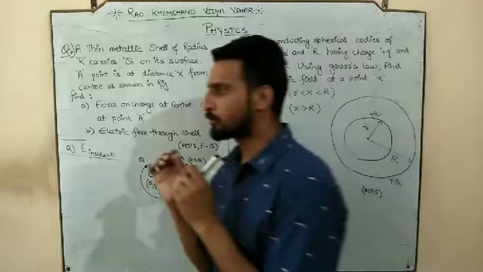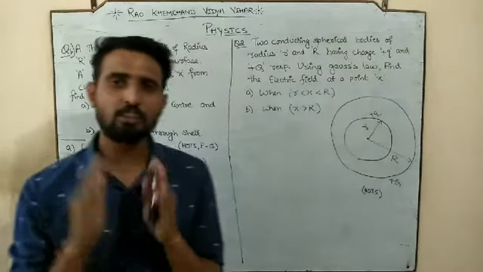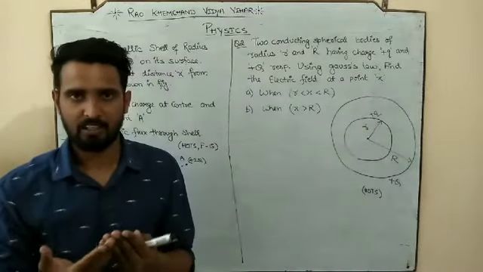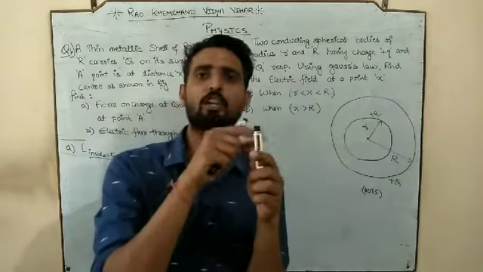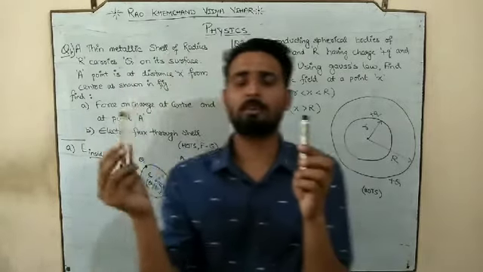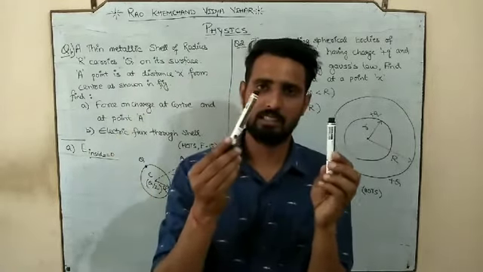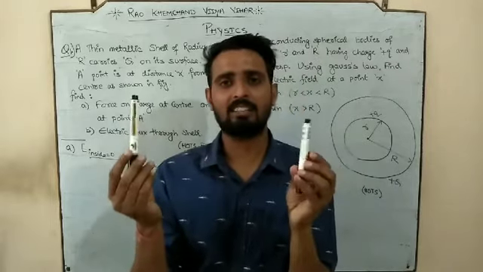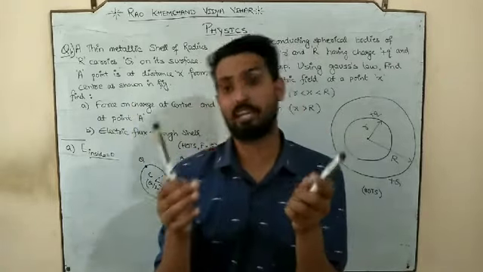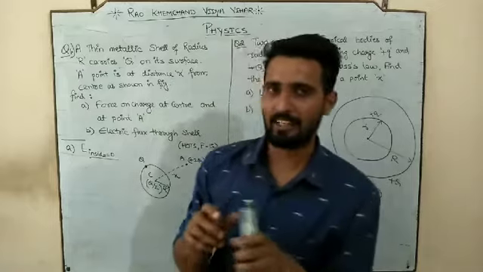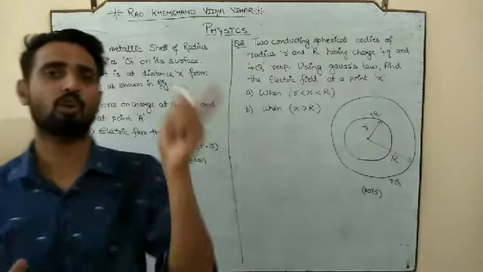So q by 2 is the charge on which the force has to be applied. So this is your q2. You have to apply the force because of q1. And q1 is that charge in whose electric field q2 should be. So please try to understand, we have to calculate the force on q2.